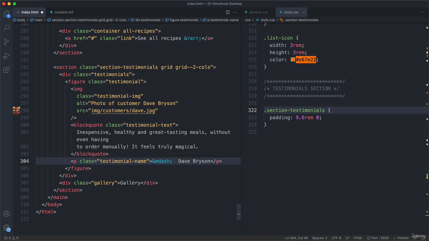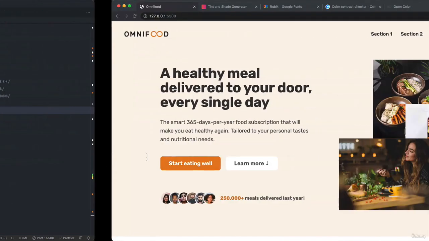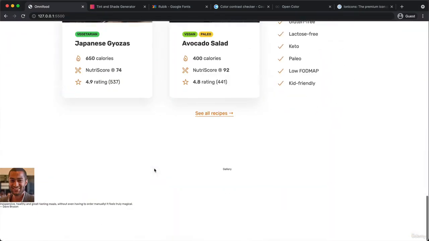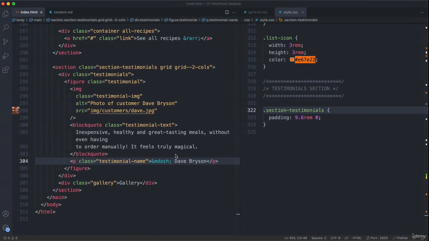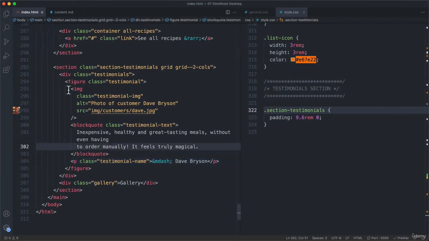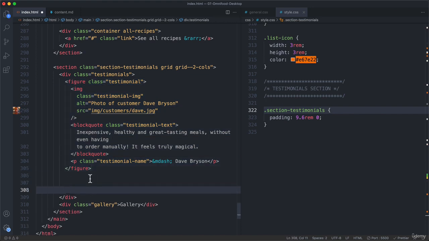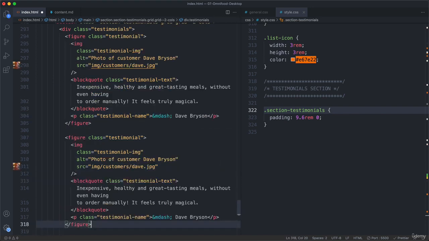So if we hover over that, you see there it is. So instead of just using this, which wouldn't look so great, the M dash is exactly what we're looking for. So checking that out, here we go. So the image is always a bit too big, but this time it's not so bad. So we can actually, I think, start adding the rest of the content here before having to adjust the CSS first. So let's copy all of this